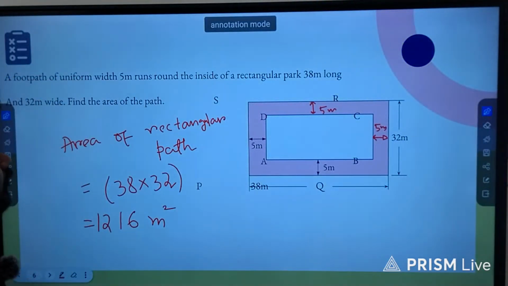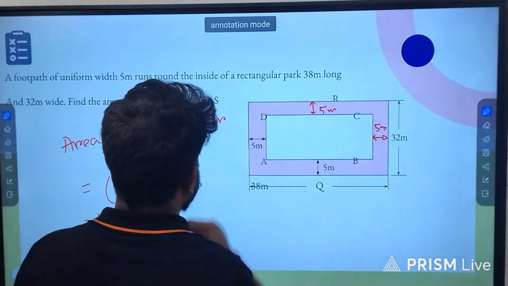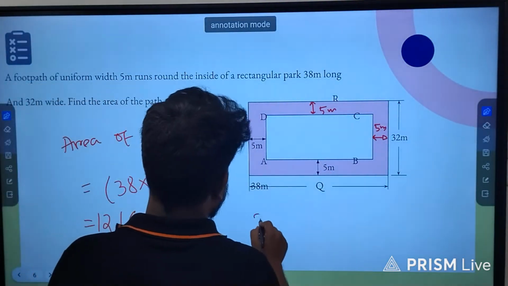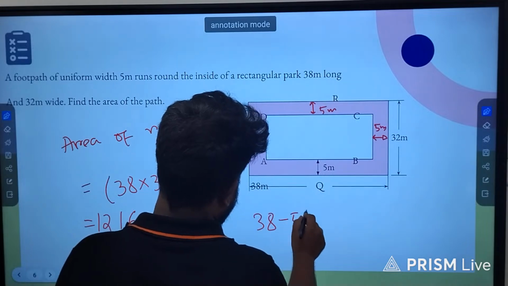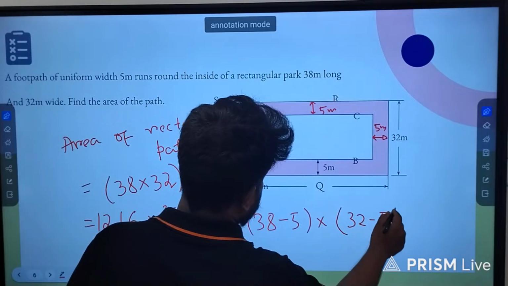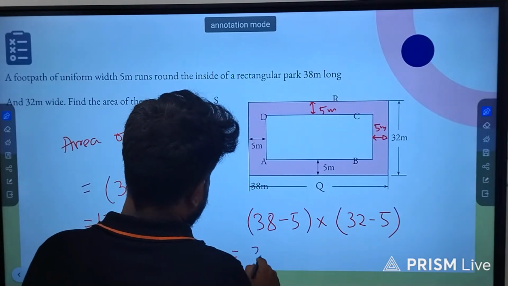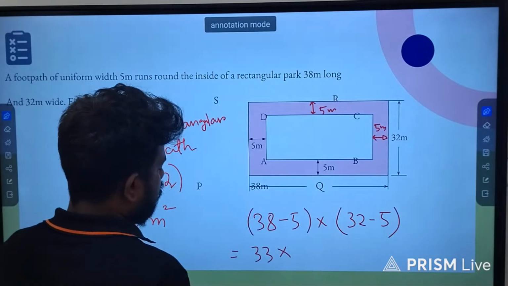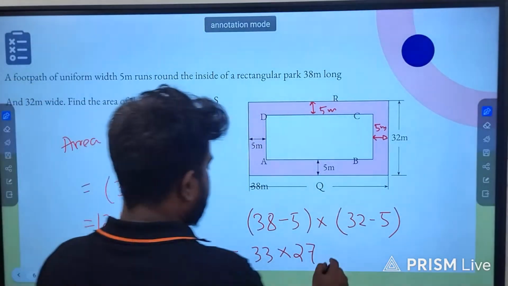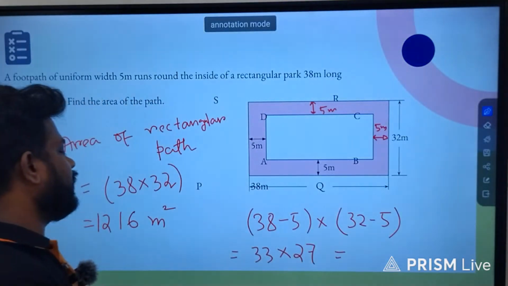Now, if you remove the path area, you will get the inside rectangle. So that will be 38 minus 5 into 32 minus 5. It will be 33 into 27. If you multiply these two, you will get